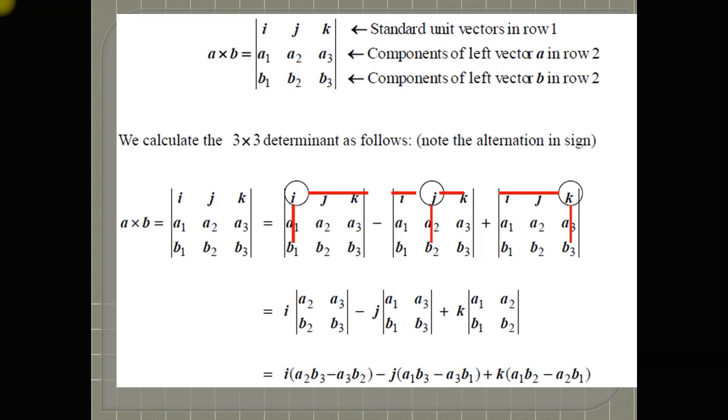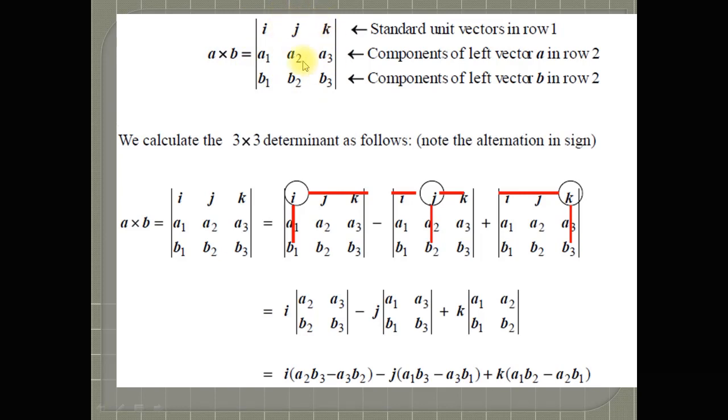A cross B is equal to the determinant of I, J, K. In the first row, the standard unit vectors lie. In the second row there will be the components of the vector A, and in the third row there will be the components of vector B, and in the first row there will be the standard unit vectors I,